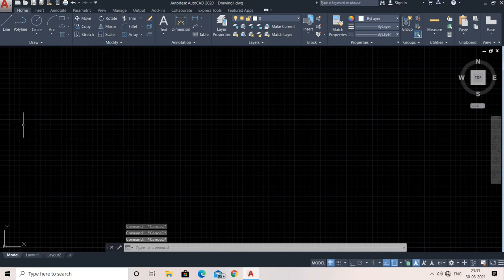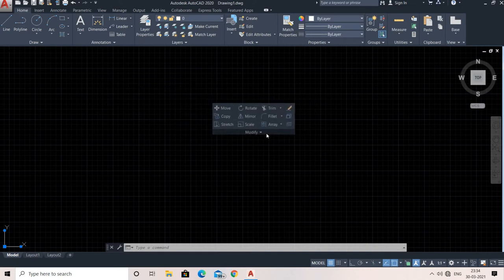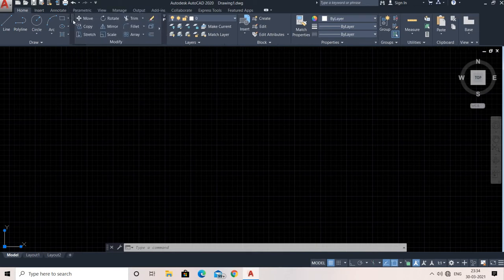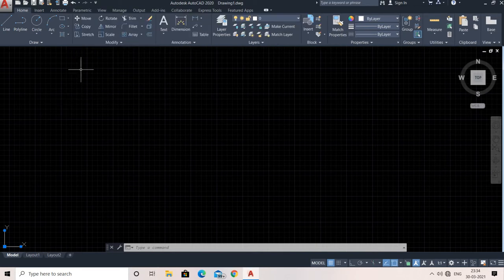After that, the main problem I'm going to tell you. I have told you 2-3 problems. Now this UCS, this is the pick box. Here you can see this is my ribbon bar. See, this can be taken out also. How? Near the bottom of the modify panel, you can drag it from here also, as I have shown you before.